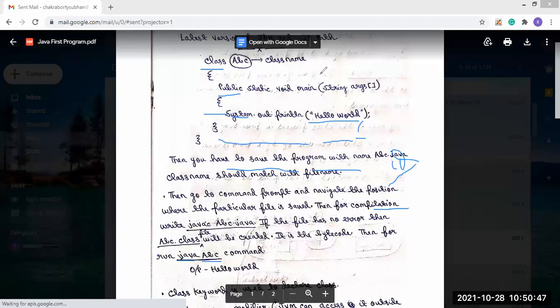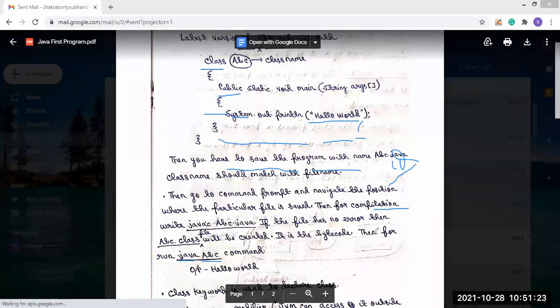So the JVM will call this method. Now, if it is not declared as public, the JVM will not be able to call it, because the call comes from outside of the class.